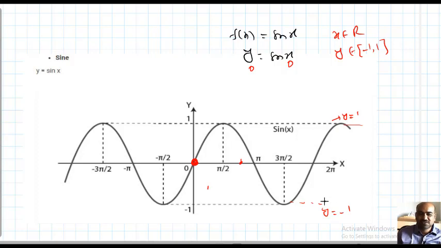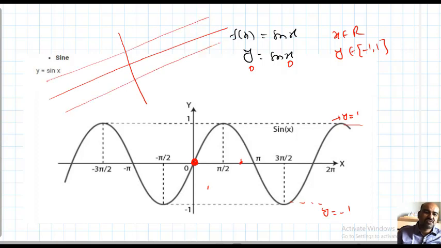So this is the important thing. This is the graph of the function. You should remember it. How to remember? For example, if you want to draw a rough sketch of the sine function, you need to draw like this. Just draw a horizontal line. This is y equal to 1, this is y equal to -1. Then we need to draw the graph like this.